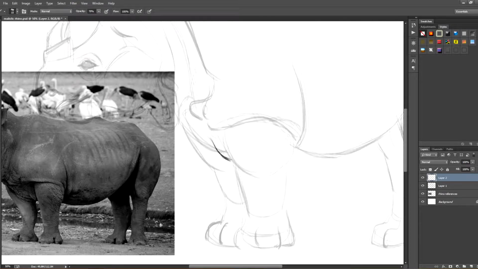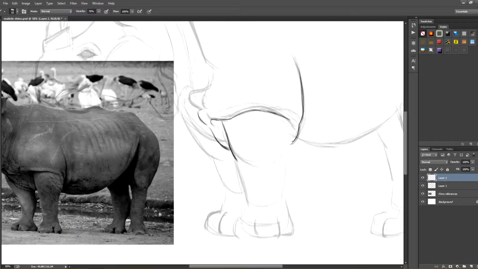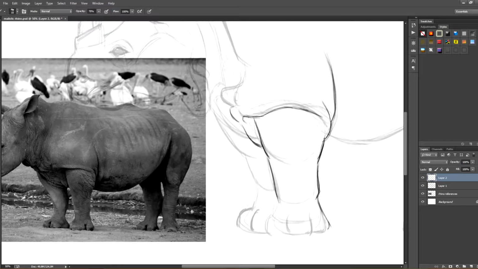So as you can see, I've created another layer where I'm now doing the definitive drawing and the line art. In this phase, I'm specifying the shapes better and deciding which elements to keep and which ones to discard. There might be lines I've drawn that I'm not too sure about, or areas that are a bit chaotic and nothing is really defined. So this is the step where we define all these areas.